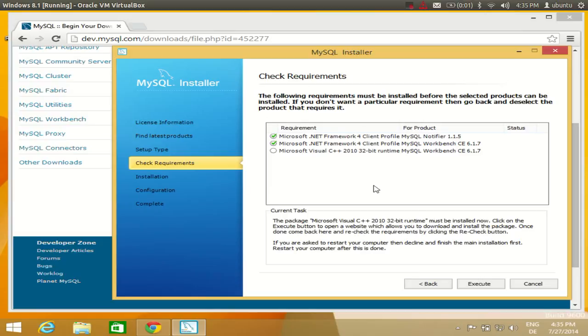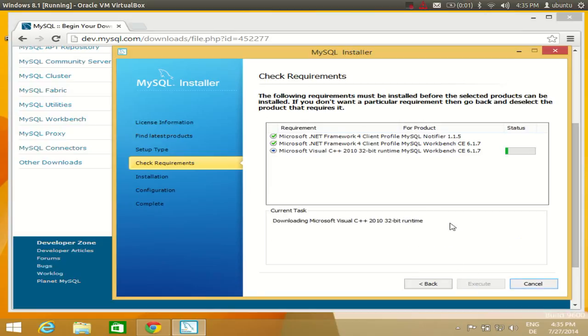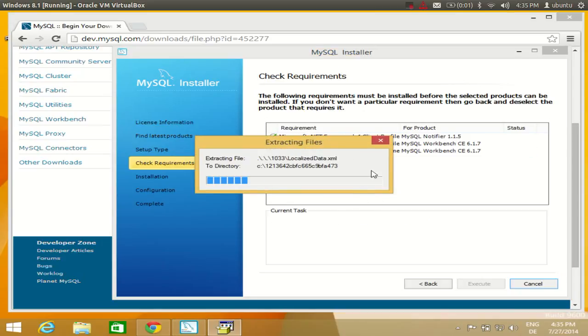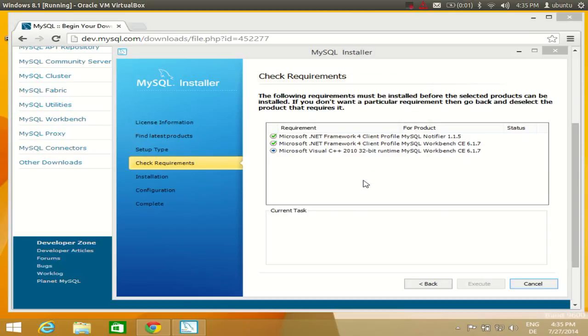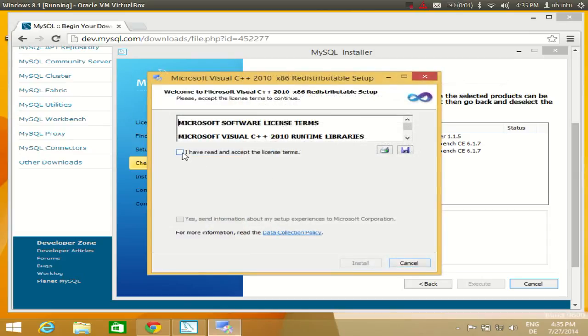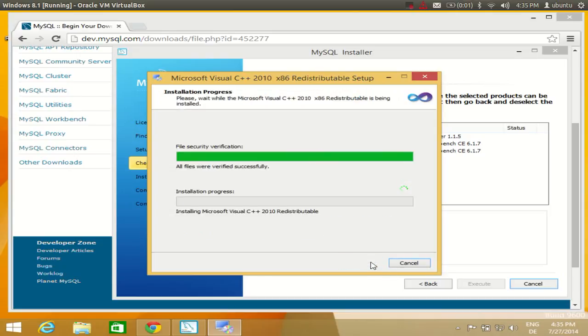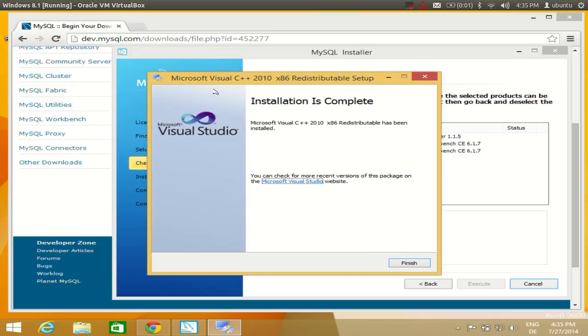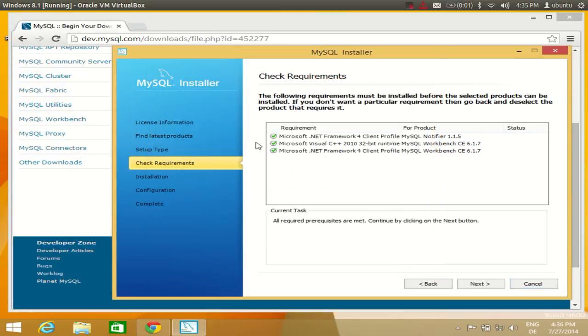So it has listed the requirement. I will click execute, and it has installed one more requirement from here, and I will say I have read and accept the license terms and conditions, and I will say install. So it's installing the support for Visual Studio, you see here, and click finish. And now I can see all the green checks here. That means all the support is available. I can